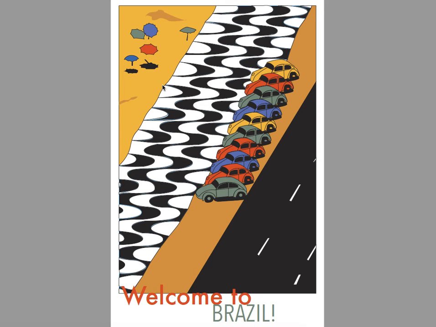Same with using the umbrellas over here and balancing out the weight with the road on this side, to balance out this black and white over here. So great composition ideas. The only things that I see here that I would like to see differently is, this happens in Illustrator a lot,